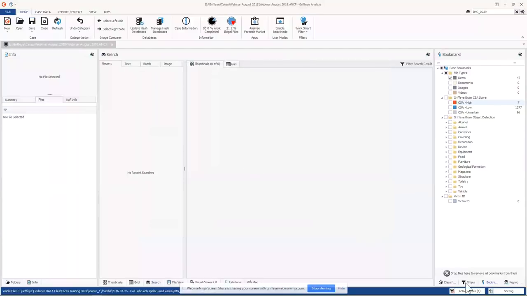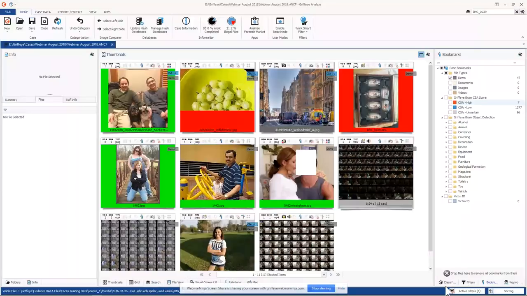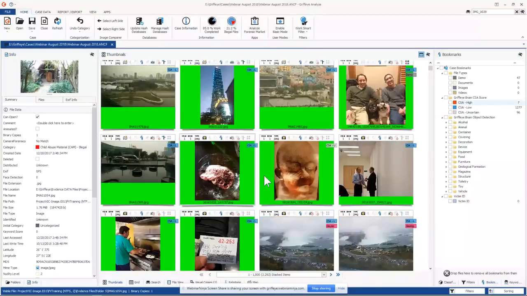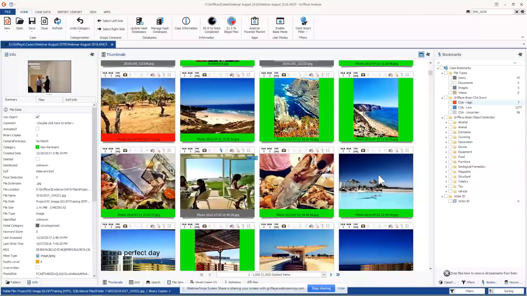As it brings in the files, as it brings in the videos, it's going to check them against the databases. It's going to process them. It's going to do frame extraction. It does a whole bunch of the heavy lifting up front, so that when it's time for you to look through your investigation, you can just go ahead and do so. You can get to work as soon as it's done processing.